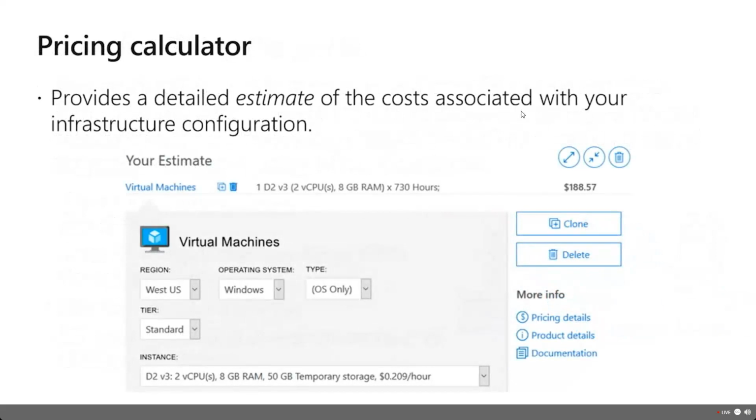Remember, one of the benefits of cloud, and one of the terms we covered in Module 1, is predictive cost. Well, how do I predict my cost? We actually have a pricing calculator that will allow you to come in and see what those resources cost. I'm going to show this to you in just a moment so I can show you how it works, how the different pivots and switches work, and how we can control costs and see what's there. And I'm going to show you how to save a lot of money on a virtual machine without having to change what you actually get. So let's take a look at that calculator right now.